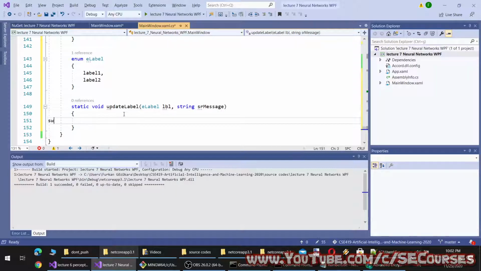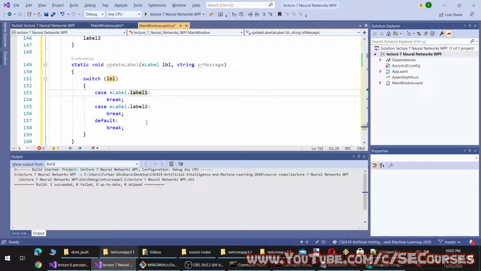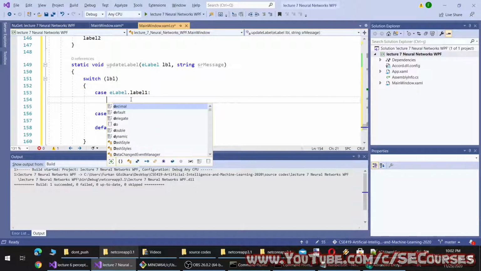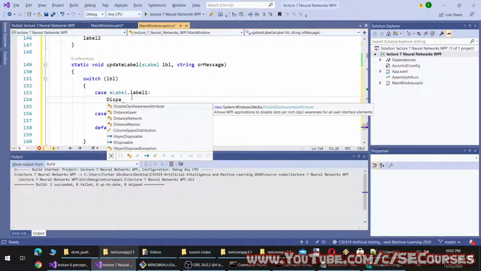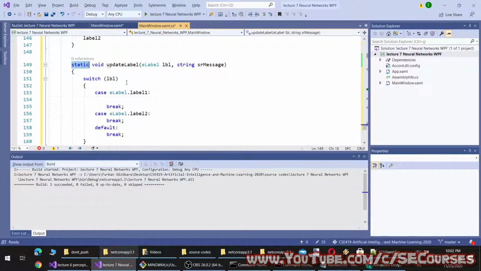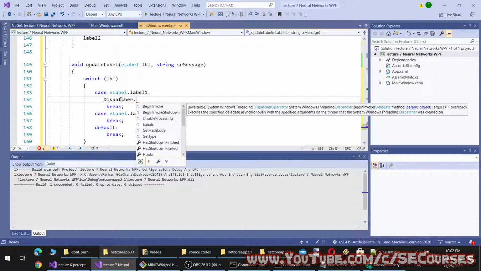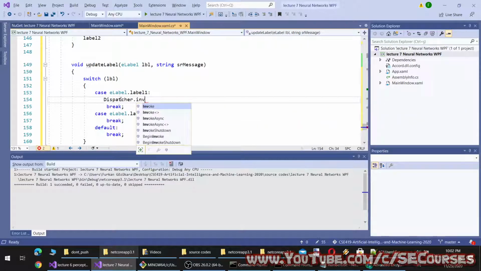Message switch. Okay, dispatcher. Okay, since this is static, it can't access the dispatcher. I think it should be able to. Okay, now invoke.